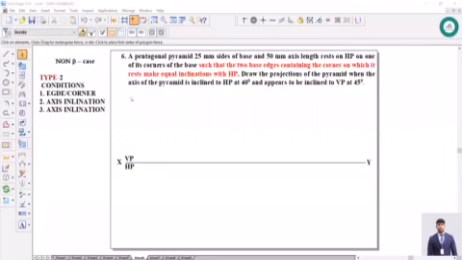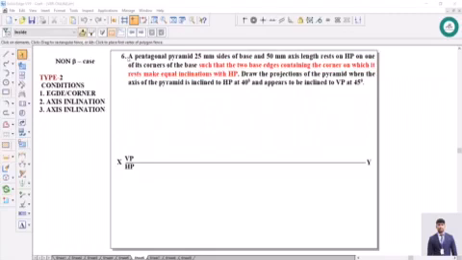Coming to the next problem, a non-beta case. This is your type 2 problem. As usual, you have the following conditions. The first condition can be edge or corner, the second one is axis inclination, and the third one is also an axis inclination. In the third condition, if the appearance sentence is given, then it is a non-beta case problem.